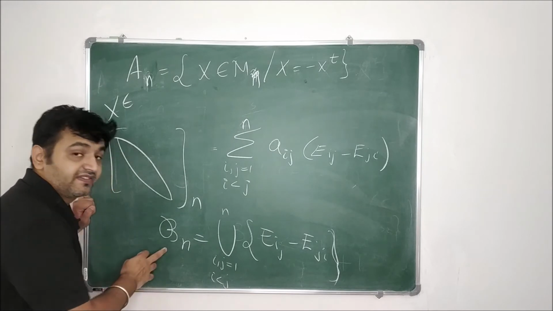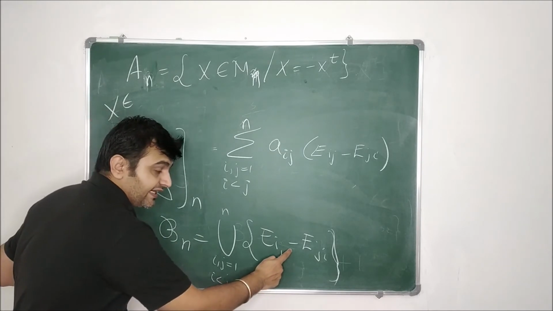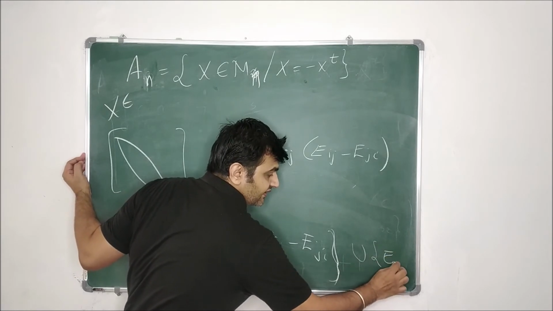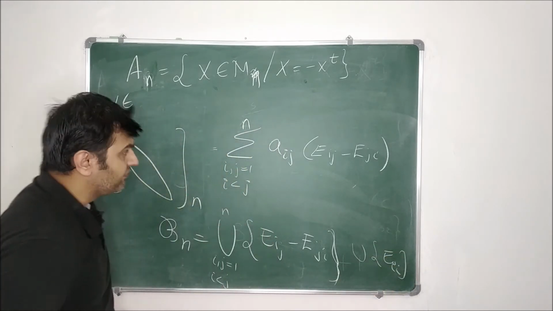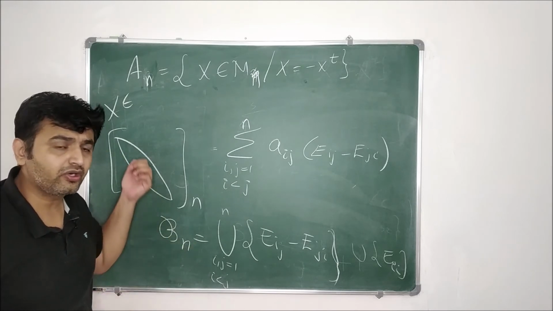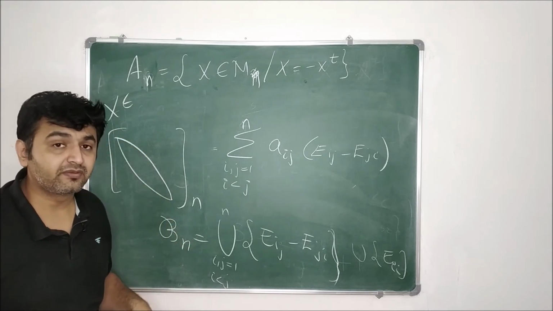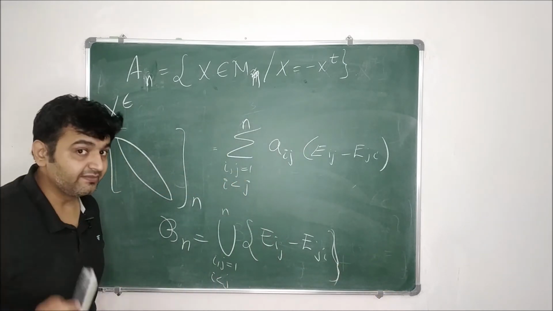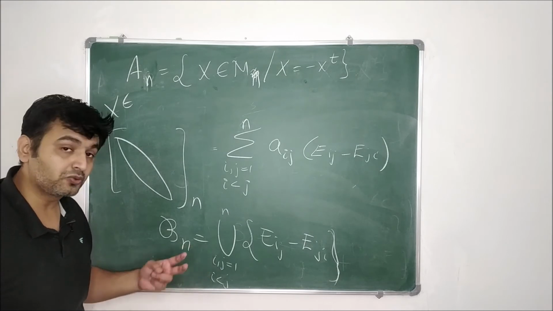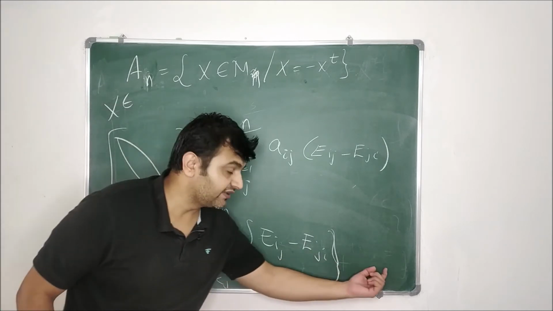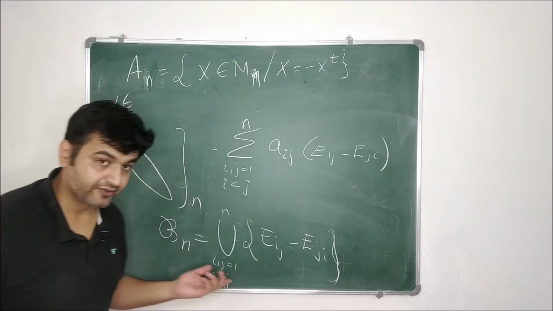If you compare this with the symmetric matrix, there you had the addition sign, and there you had the union of diagonal as well, Eii. But here you don't have diagonals because diagonals are 0, so there is no freedom for diagonal entries in skew symmetric matrices, but there was a freedom for diagonal entries in symmetric matrices. So these are the two changes you will observe when you compare with the symmetric case: the addition sign and the diagonal, which is missing over here.